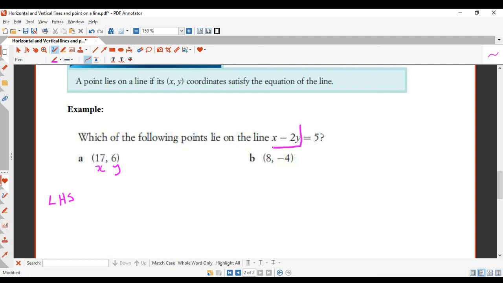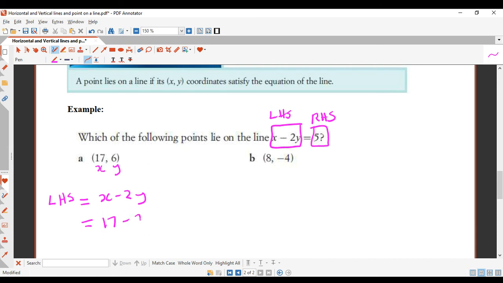This is the side on the left of the equal sign, so call that the left-hand side. And this is the side on the right of the equal sign, so call that the right-hand side. Now there is a correct way to set this out, and it's got to be like this. So you start off with the left-hand side as x minus 2y, right? Which equals